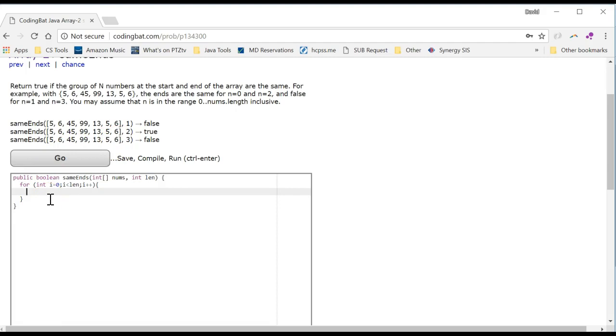How we can do this is with another if. So if nums[i], that's my first value. Now let's look at this 5 here. I want to compare that to the last number. So how do I get that? I'm going to say if nums[i] is not equal to nums[nums.length, and in this case I want to subtract 1,